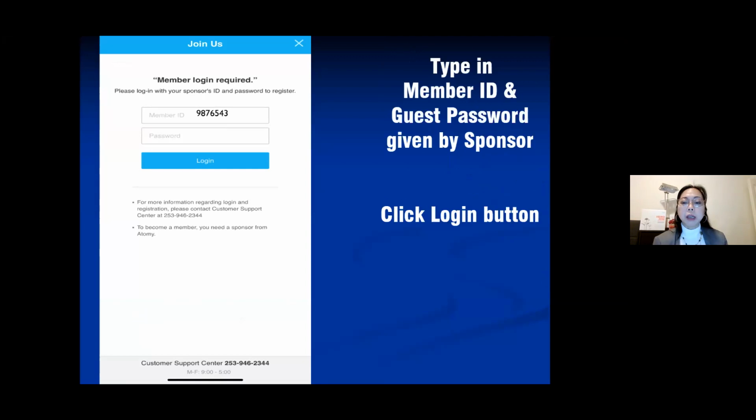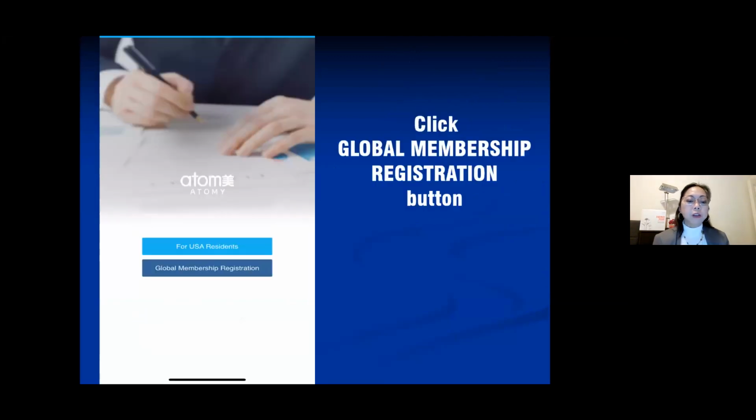Again, type in the member ID and guest password that you're going to give to your client and click login. This time, instead of using the top button there, you go to the second button, which is the global membership registration. And then it will bring you to the global registration website. Actually, it would get out of the mobile app and go to your mobile's internet browser, which in Apple devices is